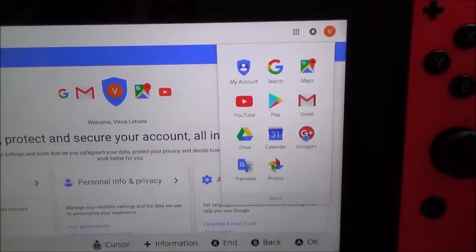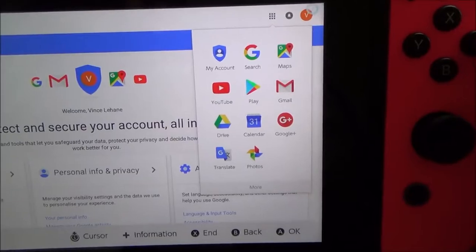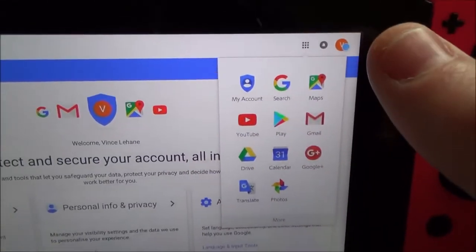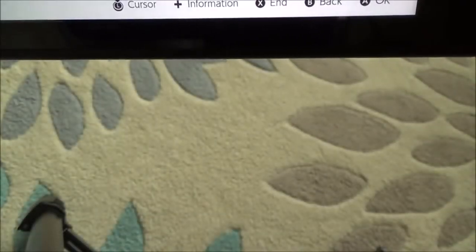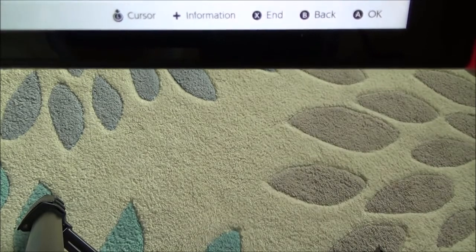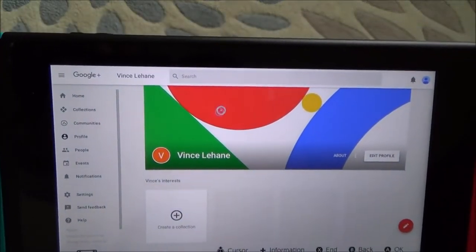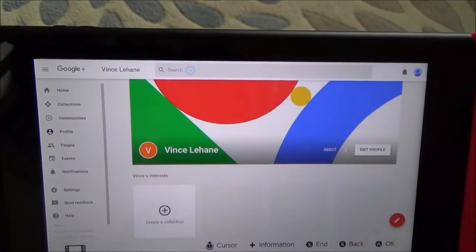If I was to click on Google Plus here, again it wouldn't let me do it, but if you go to the icon in the top right hand side and then go to Google Plus Profile, then it will bring up your Google Plus page, and then once I'm here I can then